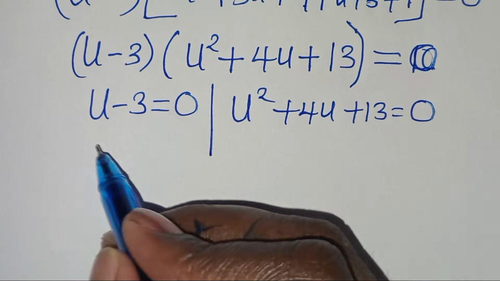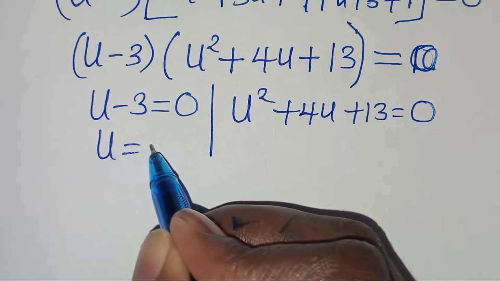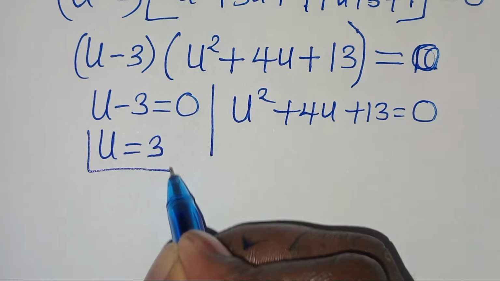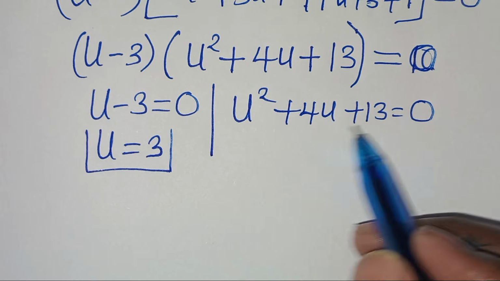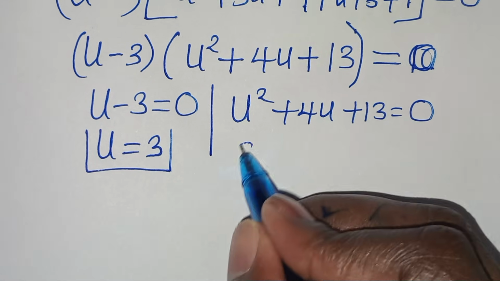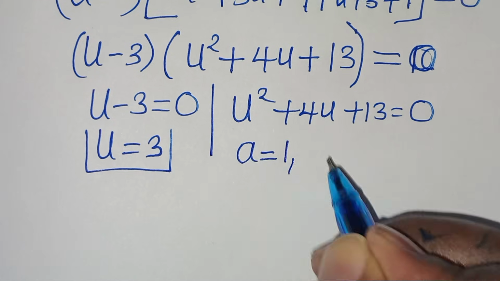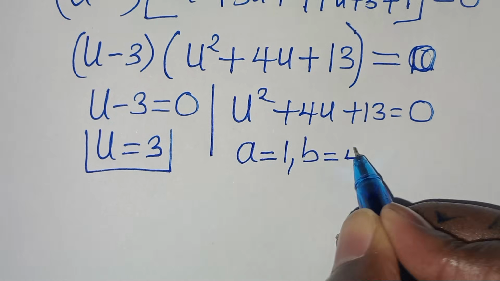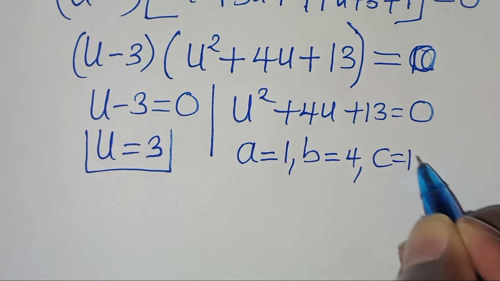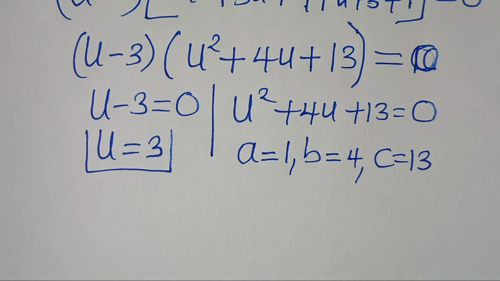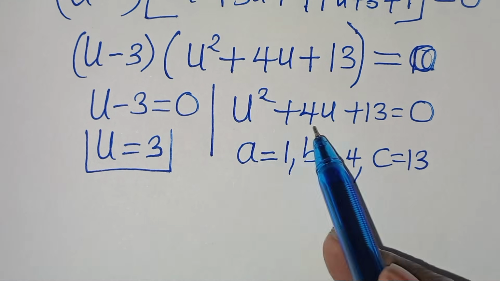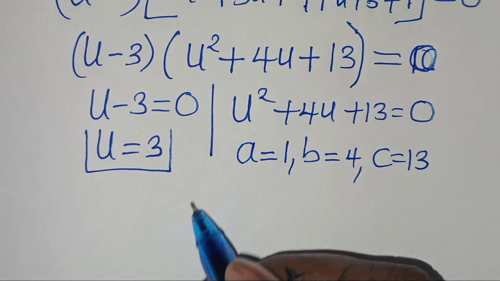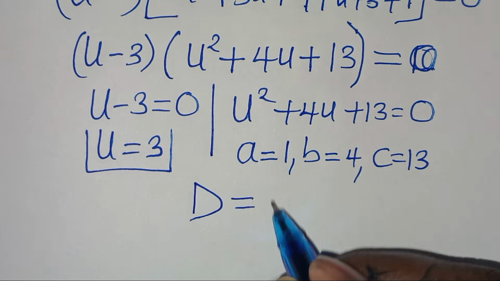From the first part here, we have that u is equal to 3. And the second part here is a quadratic equation where we have a is equal to 1, b is equal to 4, and c is equal to 13. So let's assess the nature of the root of this quadratic equation by determining the discriminant value, which is b